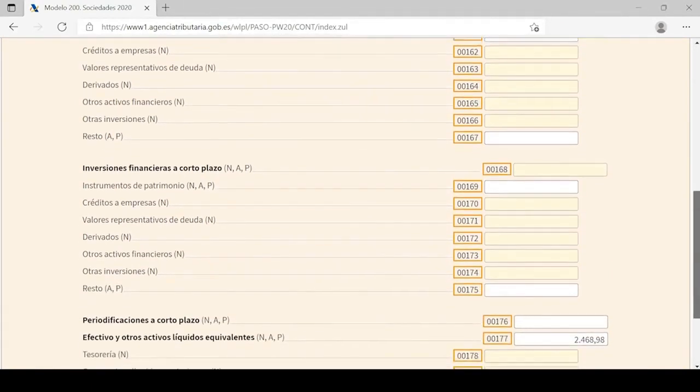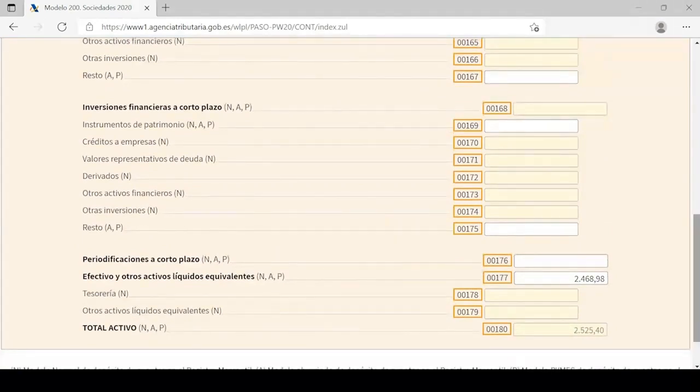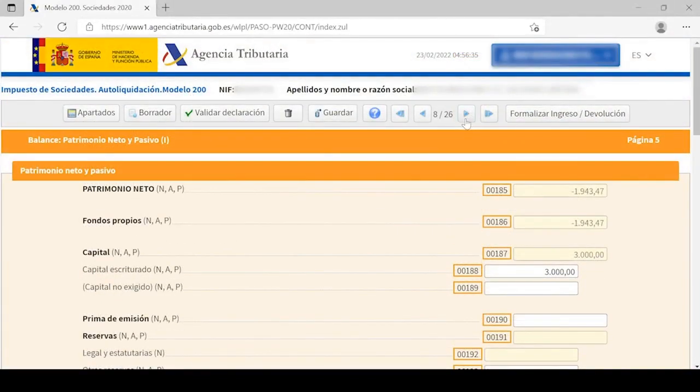Short-term financial investments, short-term accruals, cash, and other equivalents of liquid assets in a liquid or easily convertible form. Then, the system will immediately display the total assets. Following that, we will proceed to page number 8, where we will input the values of net worth, equity, capital,